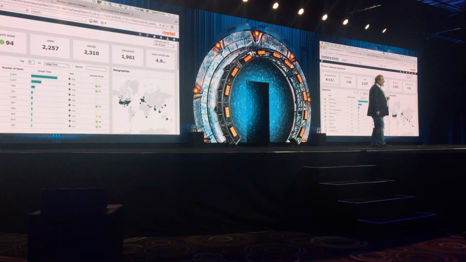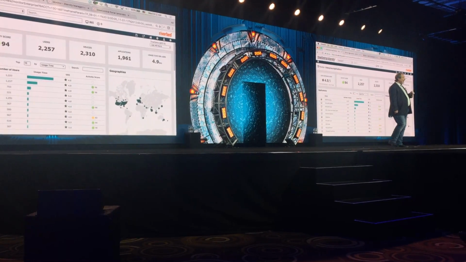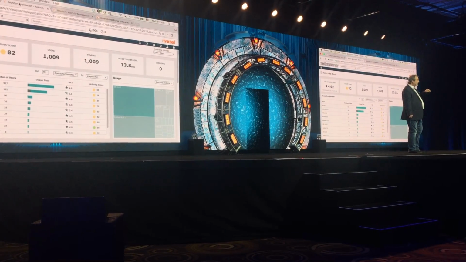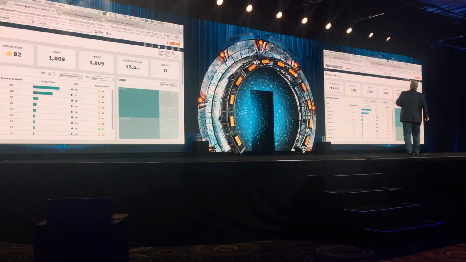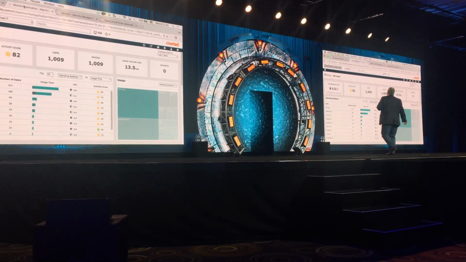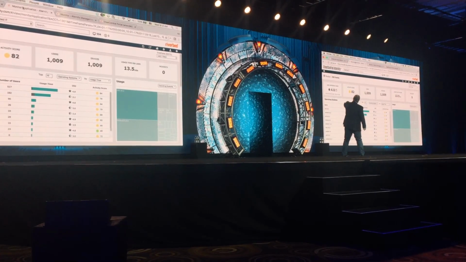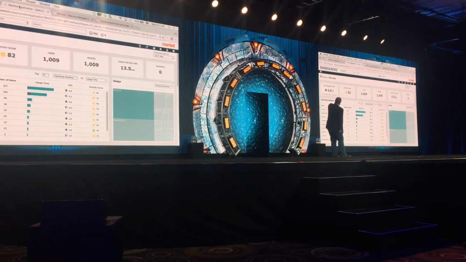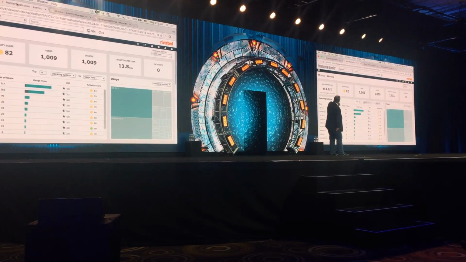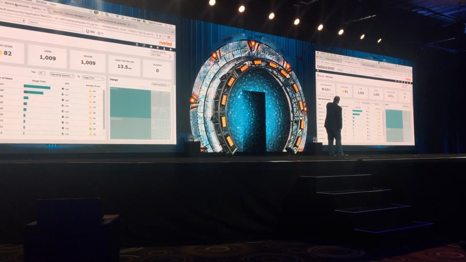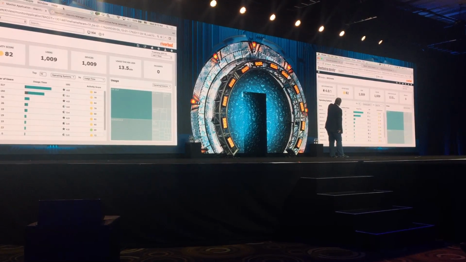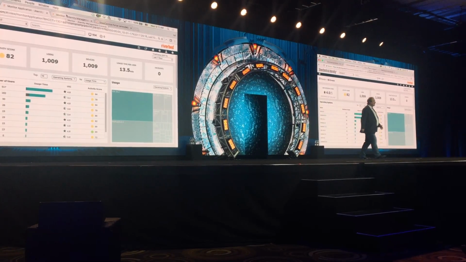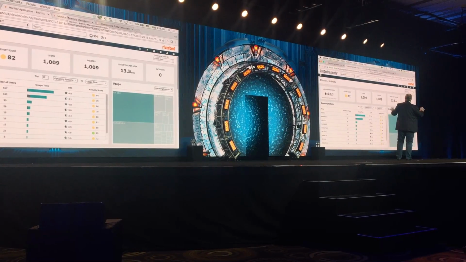Okay? So, let's take a look at how our application, the application you have on your phone, the mobile phone, is being used. And this is live now. You can see by phones, you can see we've got the different OSs running down here on our phones. We've got iOS 10.2, which is 517 users, and Android 6.0.1, 182. So we can see how it's being used by OS, and by a lot of other things.